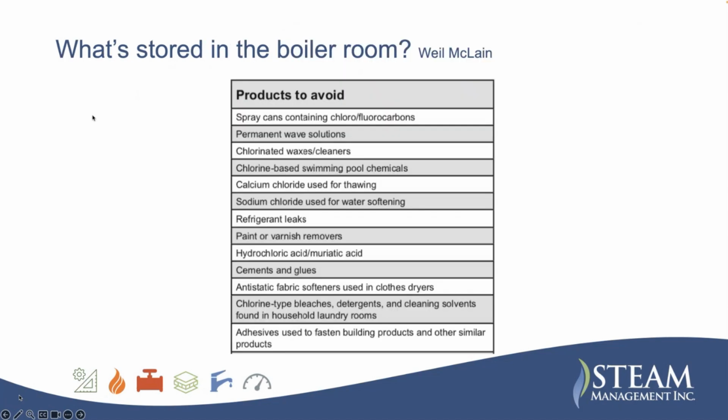Weil-McLain has this list of all the things they don't want in a boiler room because they could have an adverse effect on the flame and cause corrosion and destruction of the boiler. And I would hazard a guess that 2 or 3 of these are probably in every boiler room you have. Calcium chloride for snow melt, sodium chloride for water softening, and I don't know how many times you're going to have permanent wave solutions, but hey,